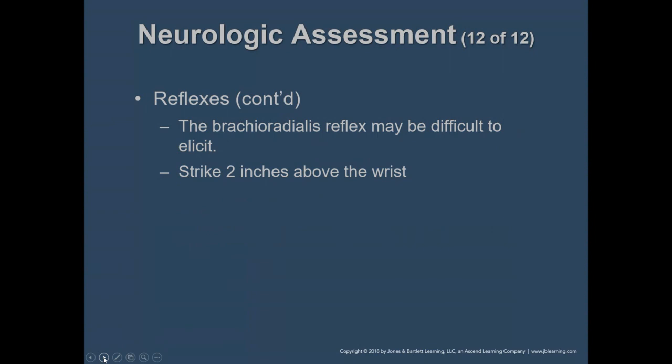Brachioradialis reflex is difficult to elicit; strike 2 inches above the wrist. You're supporting their arm and you have their arm like this. You're going to use the reflex hammer here, and you're going to see a fire up that way. Right now,